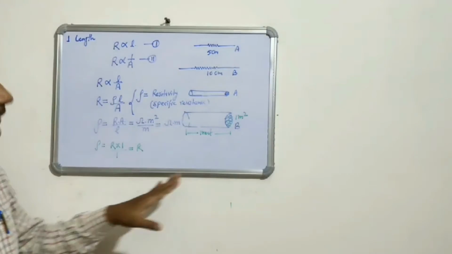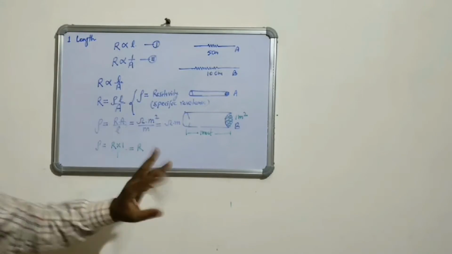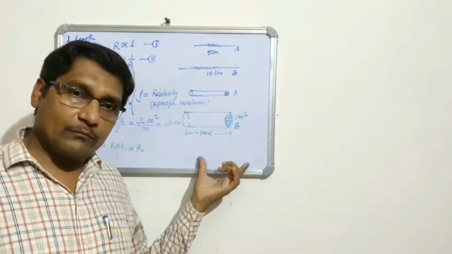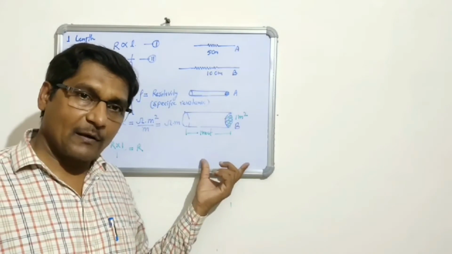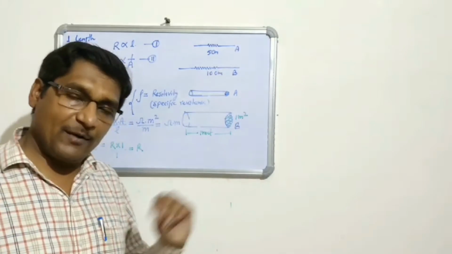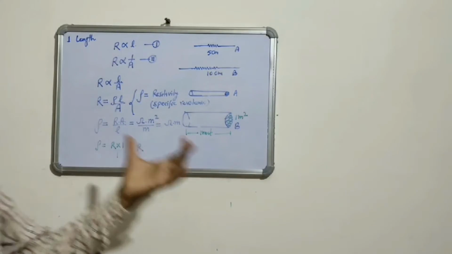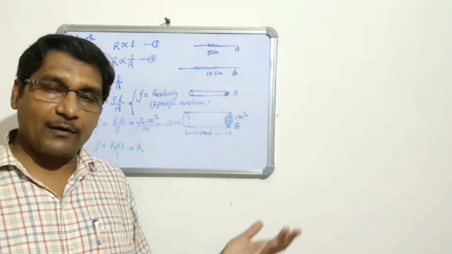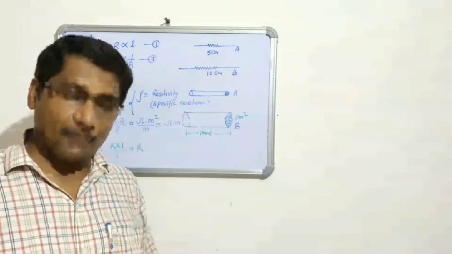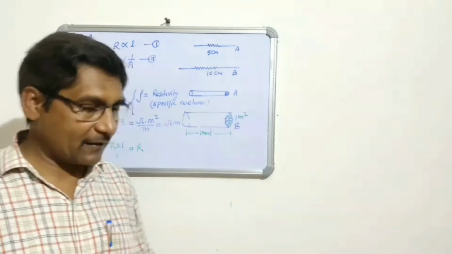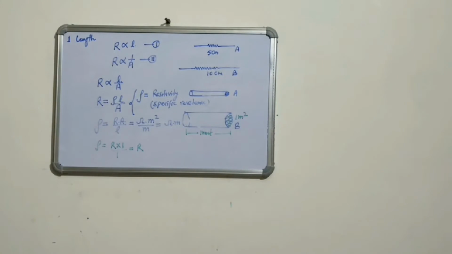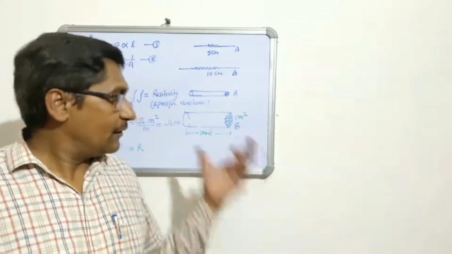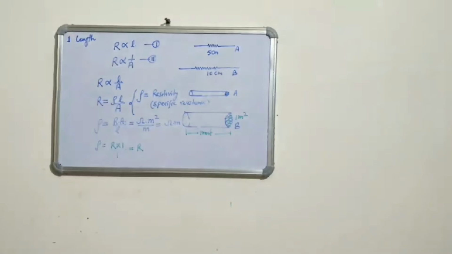So now we can classify on the basis of resistivity. Materials are basically three types. First is conductor, which has very low resistivity, for example silver, gold, copper, aluminium. Second, materials with moderate resistivity are considered resistors, like nichrome wire, filament, tungsten wire, and wire of heating elements or electric iron elements. And those with very high resistivity are called insulators. Right? This is the classification on the basis of resistivity.